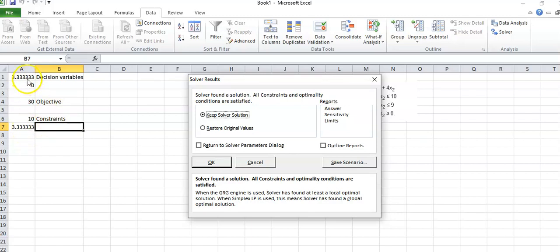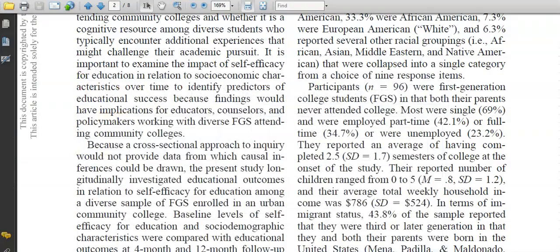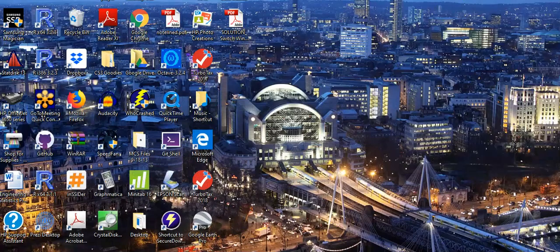So what I'm going to try to do is go back to my MATLAB and type in 3 1/3 and 0 for my decision variables and 30 for my objective function. So let's see if I can move the viewer window and get back to that. Okay, I'm going to say keep the solver solution, minimize this, and bring up